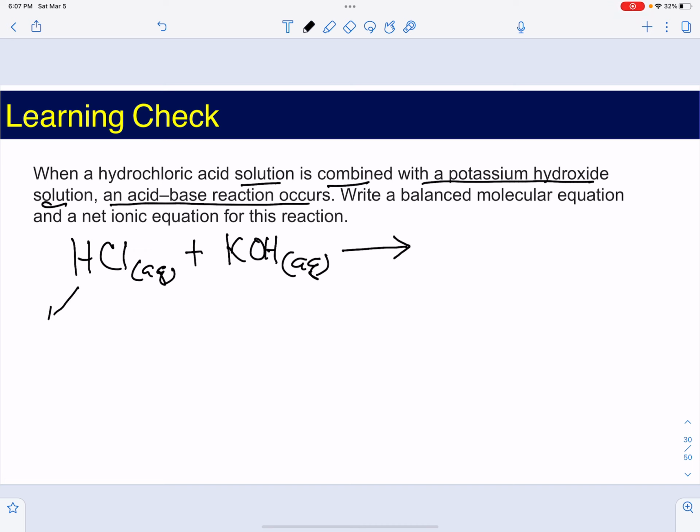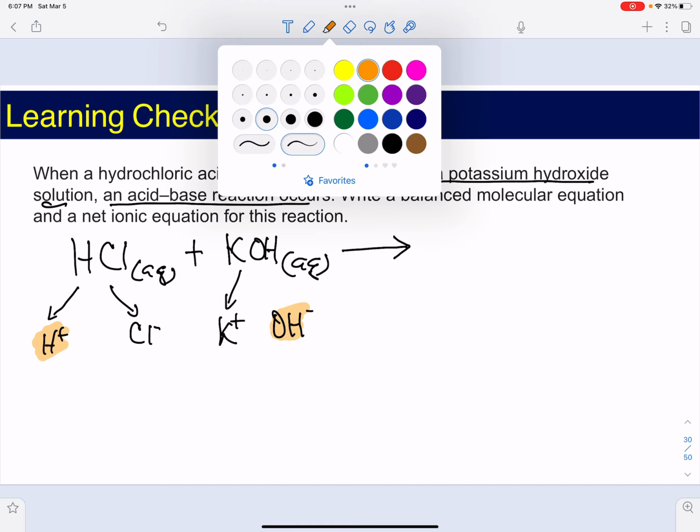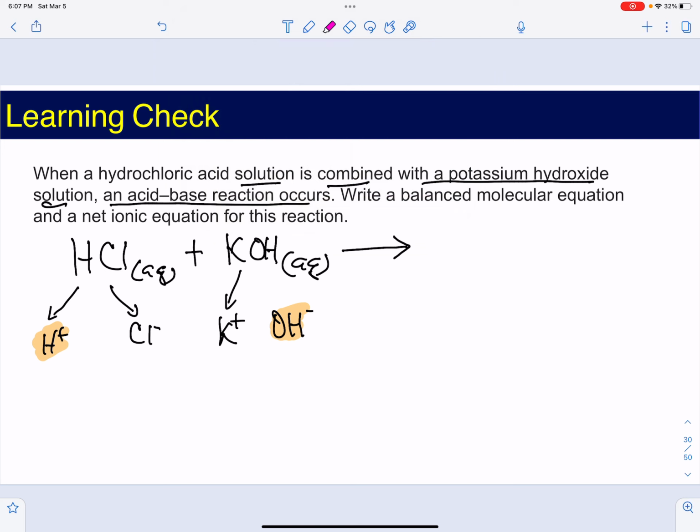The acid is going to produce H plus, and the other part, whatever that part is, the ionic compound, you can break it down into that and this. So you have to know your polyatomic ions to recognize that. And then the positive goes with the new negative, and the negative goes with the new positive. So that's going to give you